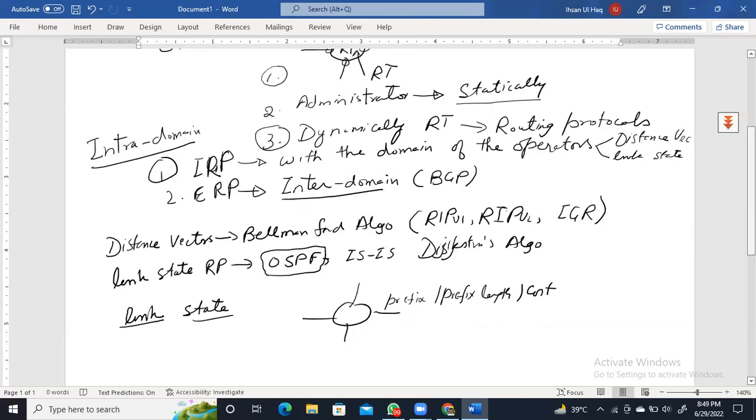Okay. Then one thing more, that in the link state routing protocol, what happens is that you flood the network with routing information regarding your